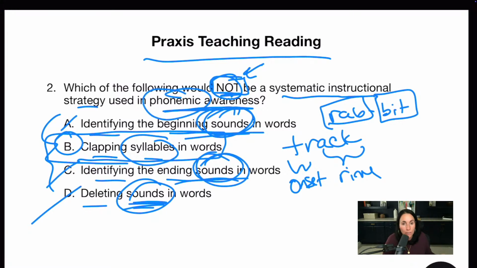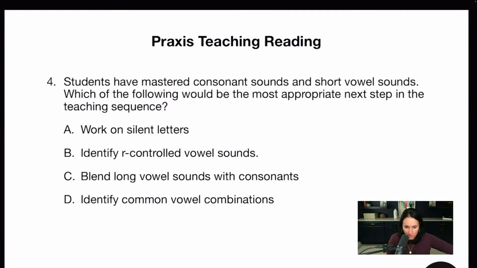Again, very nuanced. You have to understand what's going on in the study guide. That's why taking practice tests over and over again is not going to help you. You have to read the study guide. Please read the study guide or go through all my videos in the online course.